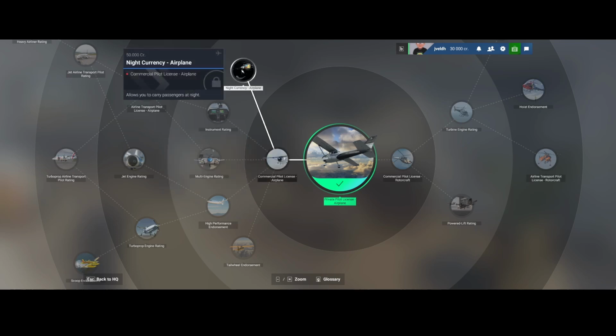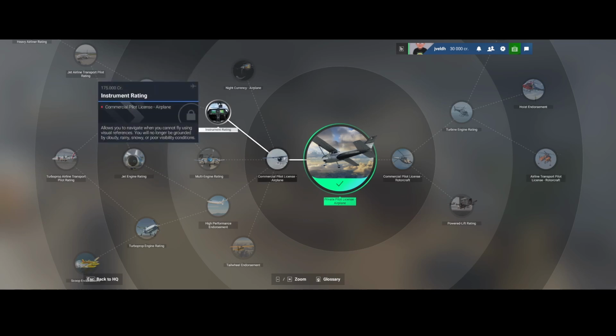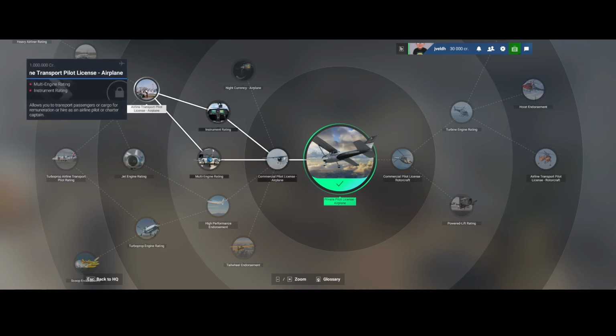We've got the night currency airplane, which allows you to carry passengers at night. We've got the instrument rating, which allows you to navigate when you cannot fly using visual references, right? Also known as VFR. So here you will learn to fly IFR based on the instruments. Then you will be able to continue with the airline transport pilot license airplane, which allows you to